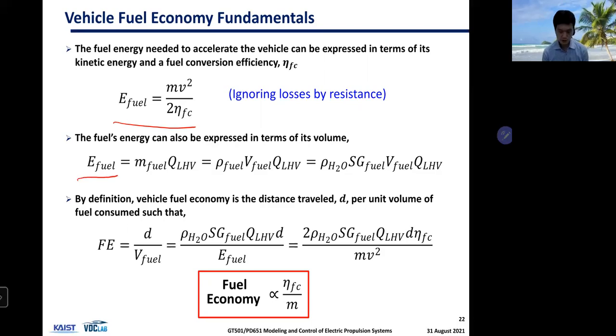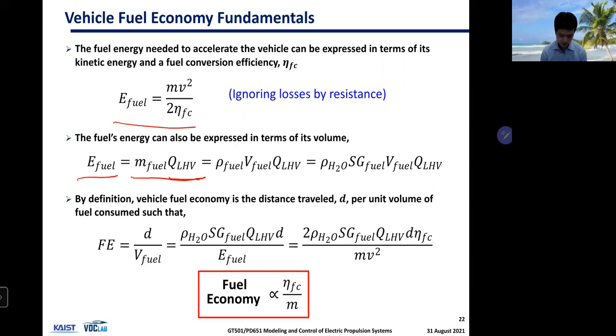Fuel energy equals fuel mass times QLHV, low heating value. If you have taken thermodynamics, you're probably familiar with this. But anyway, this low heating value converts mass into energy. How much energy for a given fuel mass? So that converts into